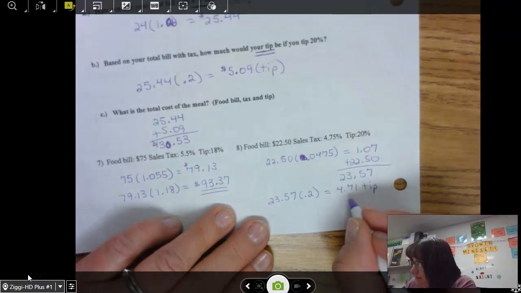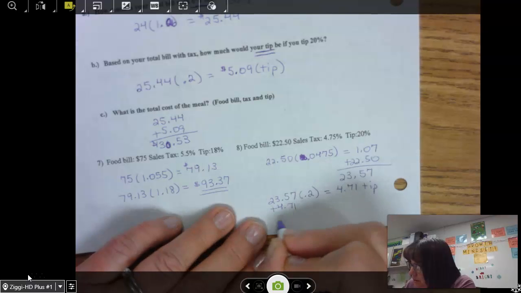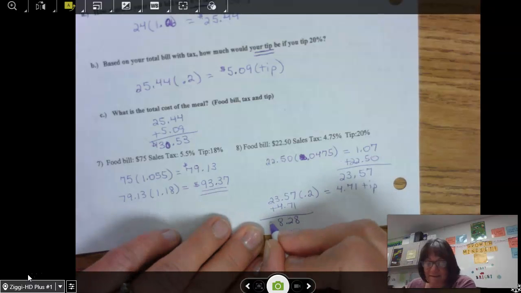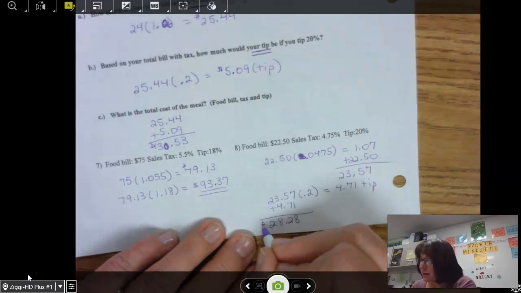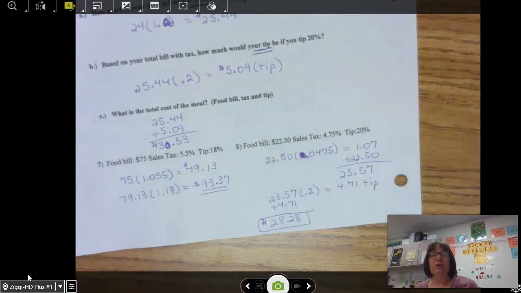So I'm not done. That's my tip. I got to add it onto the price I paid, $23.57 plus $4.71. It gives me $28.28. So again, no matter which method you used, you should have come up with the same answer. So today you have an assignment in Schoology on sales